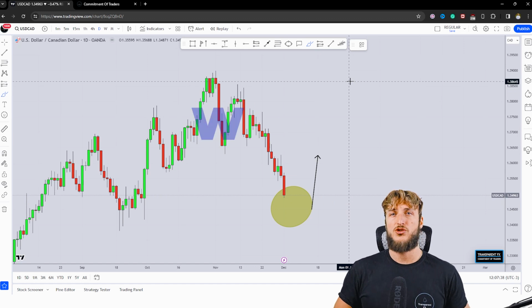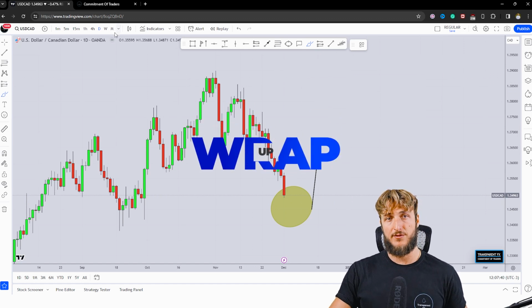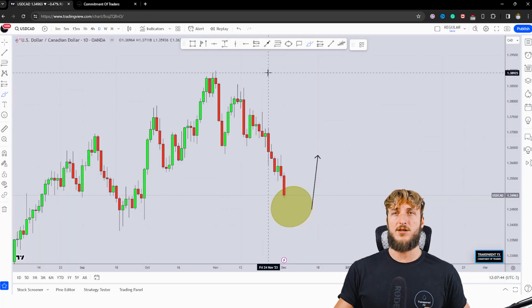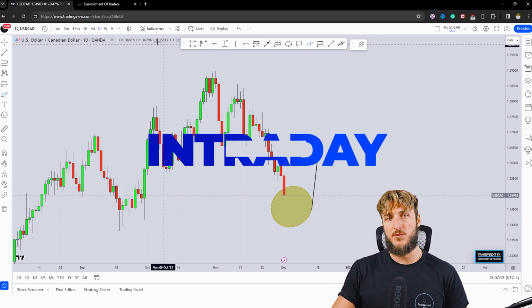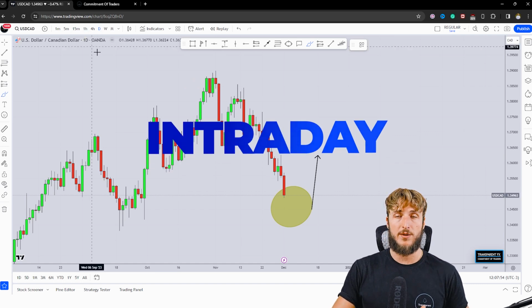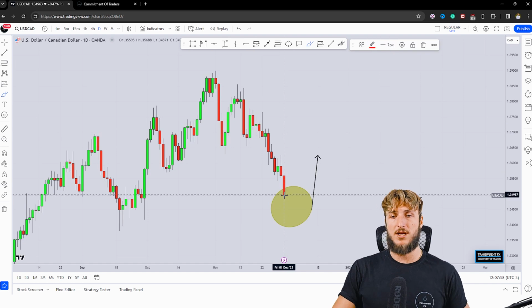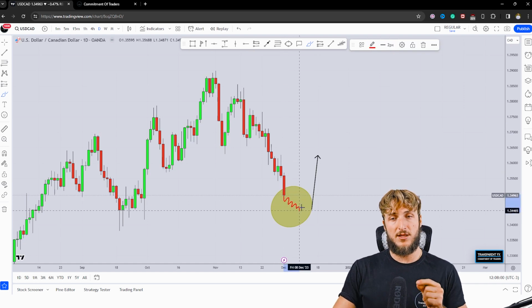Now, as usual, trading is reactive and not predictive. The monthly, weekly, and daily combined with the COT data, those are the best time frames from a directional perspective. However, when it comes to confirmations and entries, the best time frames are the intraday time frames, so 4 hour and lower. Therefore, what I could be doing potentially is monitoring price action from an intraday perspective during this move